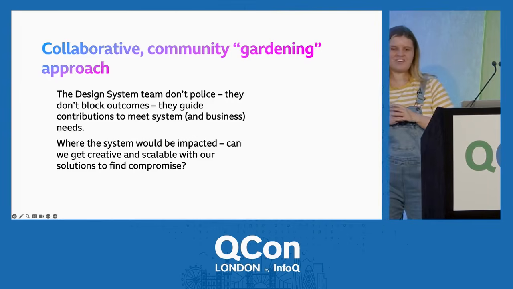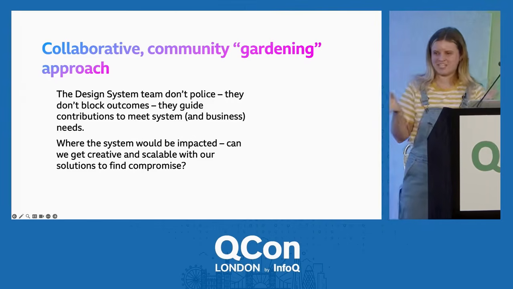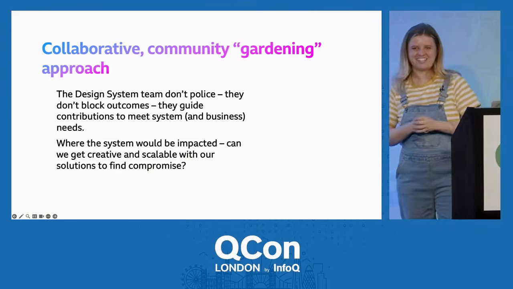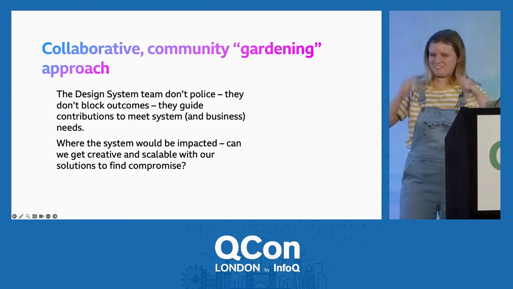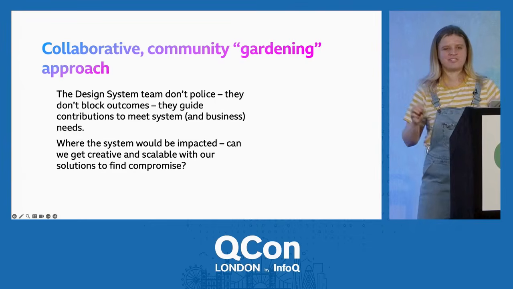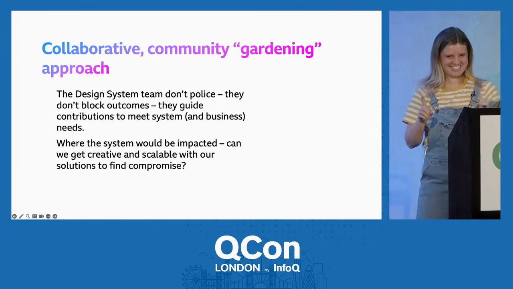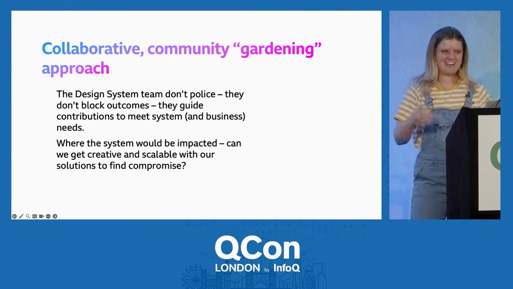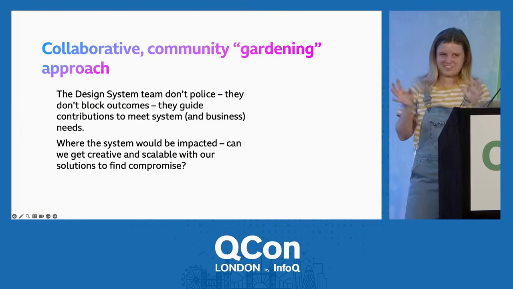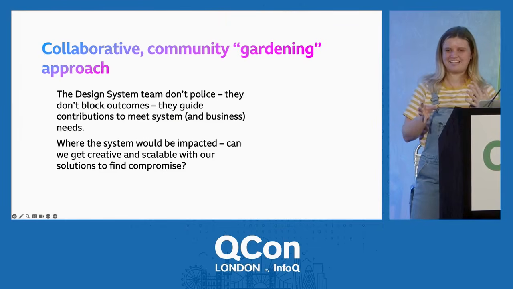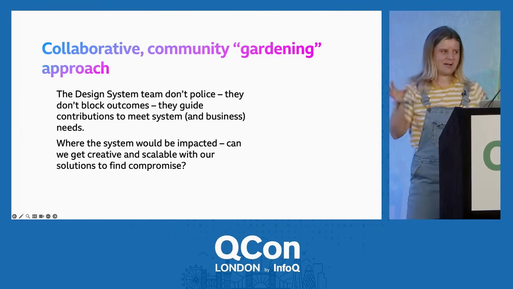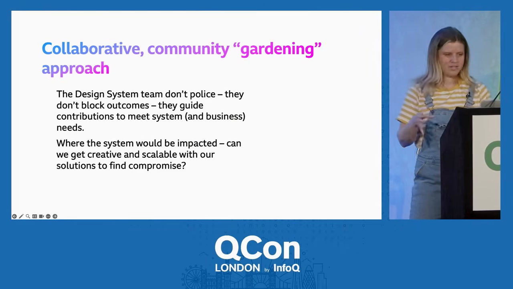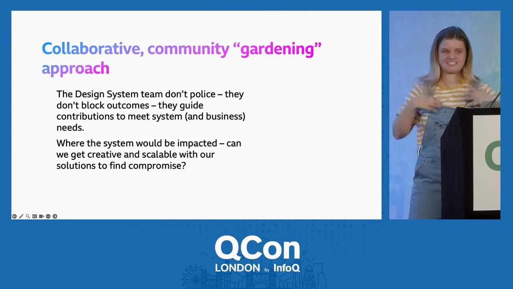So if someone comes along and they're like, yeah, I'm going to come into the shared community garden and I'm going to plant a gigantic oak tree right in the middle, you might be a bit like, that sounds awesome, but maybe, hear me out, we choose a birch tree instead and we pop it over here so that it doesn't interfere with all the other things in the garden that everyone else has put in there, and it's not taking all the nutrients away, right? So we do a similar kind of thing with the design system team. They go out and they speak to the teams that are building on the platform, but we're not looking to block people. We're not trying to police them. We're trying to help them meet their